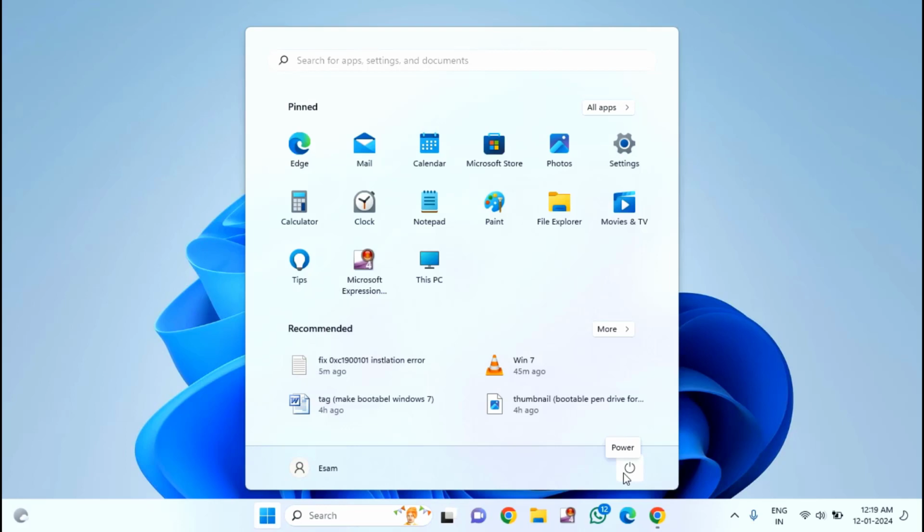That's it guys. So in this way you can fix download folder is not responding on your Windows 10 or